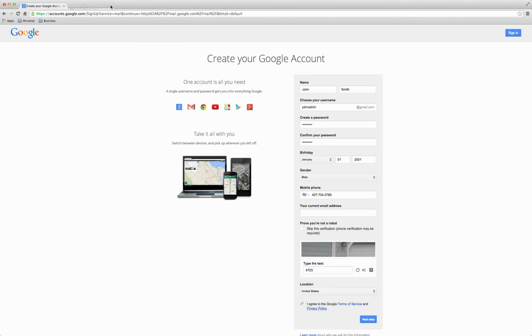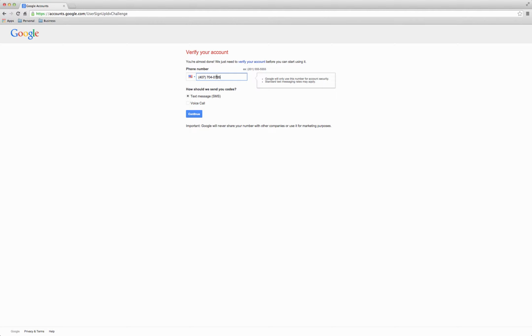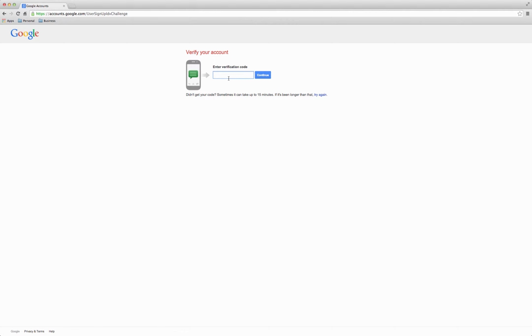But I will tell you that you do have to agree to it unless you don't want to create a Gmail account. Alright, next thing we're going to do is just hit the next step. As I said, it's asking for a verification, and it asks me if I want to receive it via text message or voicemail. I'm just going to check the text message, and I'm just waiting for the text to